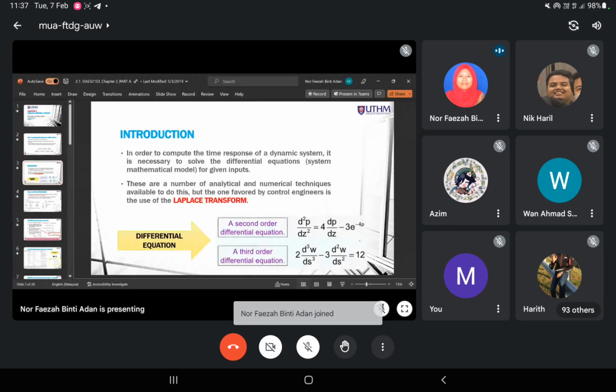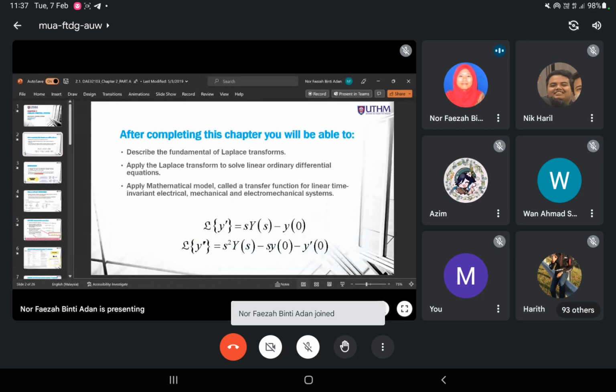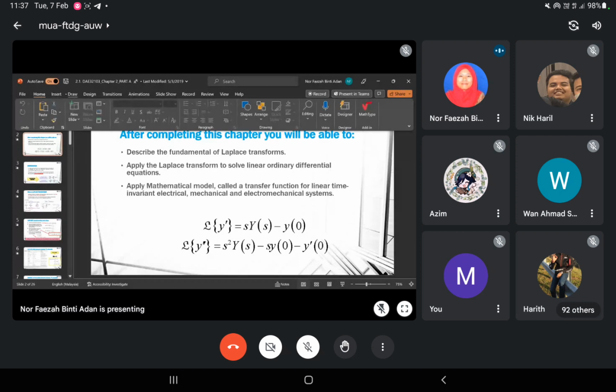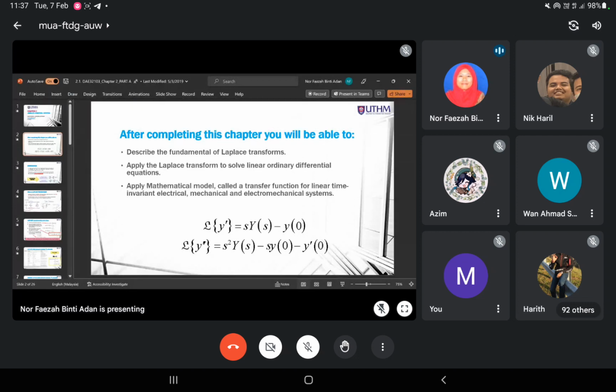Okay, so Laplace transform. Laplace transform mesti kena ingat the main equation untuk differential equation when you convert from time domain to your S domain. So ni yang penting sekali lah. Jangan lupa pula ni when you want to convert from dy